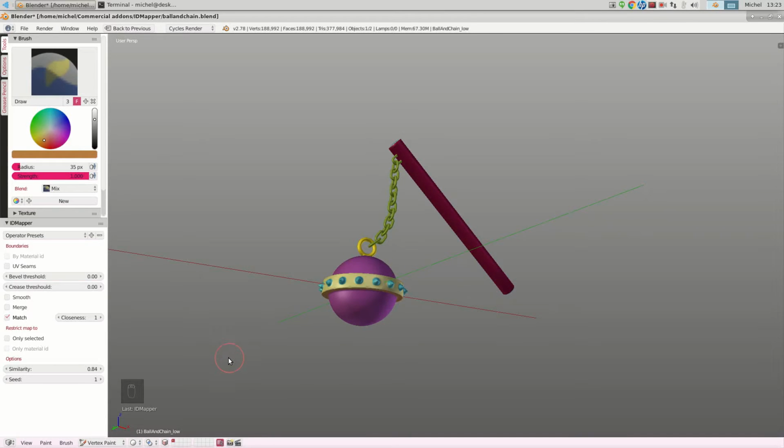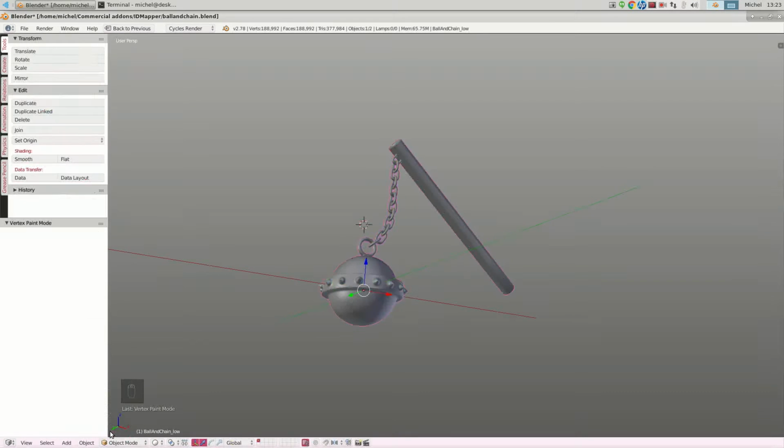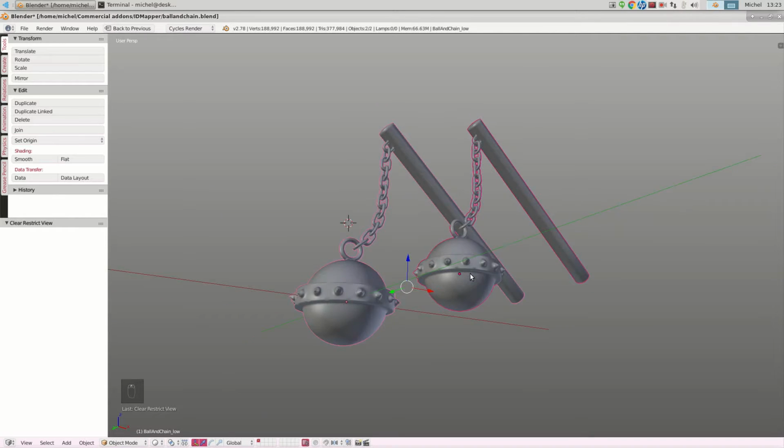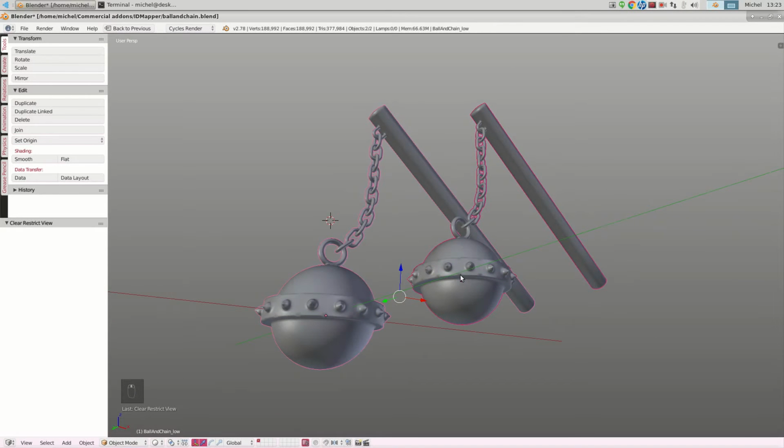But what we want to do first is transfer this vertex paint layer, this vertex color layer, to a high res or high poly version of this model. And indeed we have one prepared. This high poly model simply has the subsurface modifier applied to it. After all, this is just a demonstration, but it does have a lot more faces,